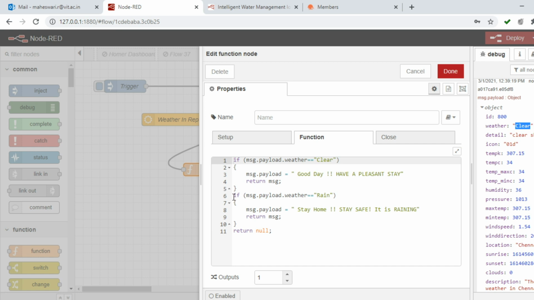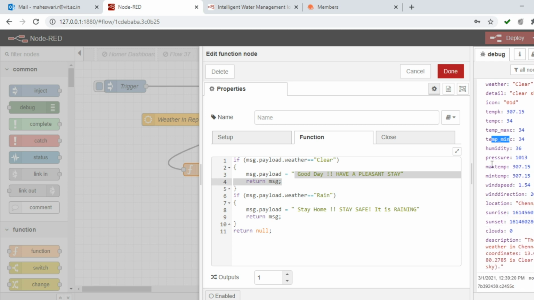Else if msg.payload.weather is equal to rain, instead of clear, it will display that value. Here I'm getting clear, so this value will be displayed. Like this you can take any detail. Here I told you temp.c, so you can take temperature in Celsius, and temperature in Kelvin you can take this value. Temperature, maximum temperature, minimum temperature, humidity, all these parameters will be displayed here. So you can take this value in order to analyze it.